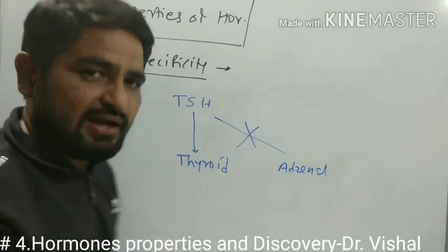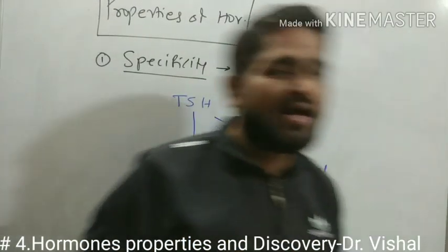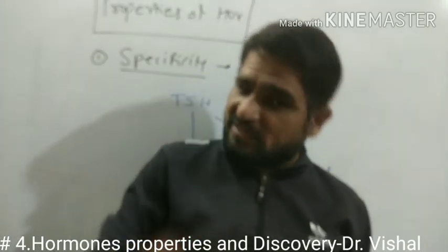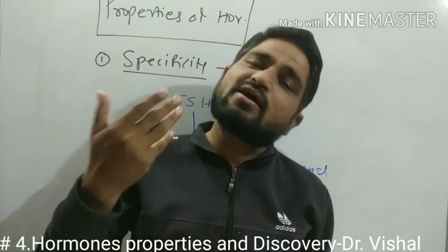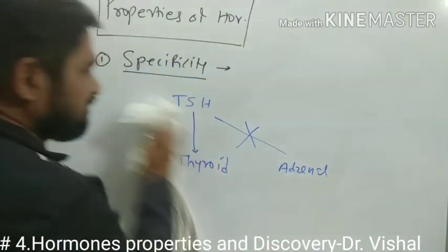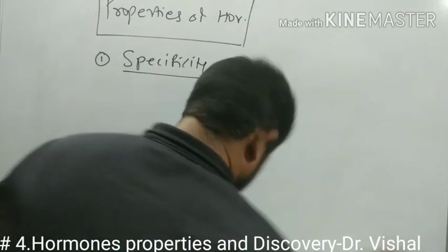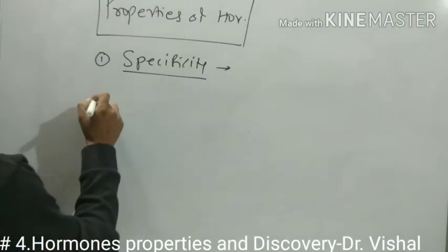So hormones are highly specific in their action, and they act on specific receptors that are present on the cell membrane or that may be present within the cell. Okay, we'll see what the receptors controlled by the hormones are. The second property is